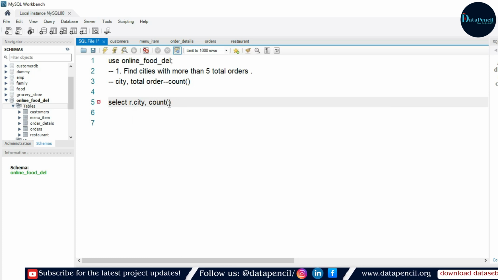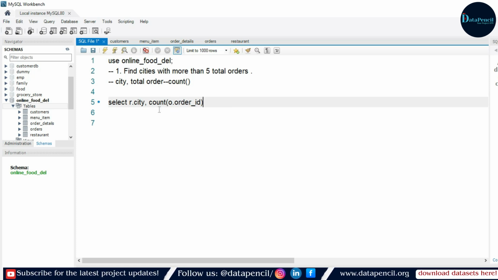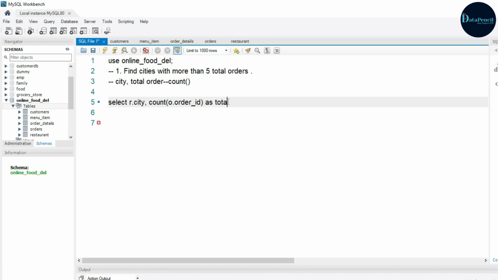In this bracket we put the name of the column on which we are applying count. We are applying it on order ID, and this order ID belongs to the orders table. Now this whole expression would appear in the result window as a column name and we don't want that, so let's give it a nickname. I am giving it total orders, correct?